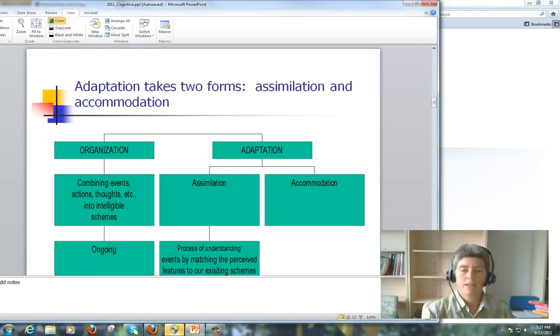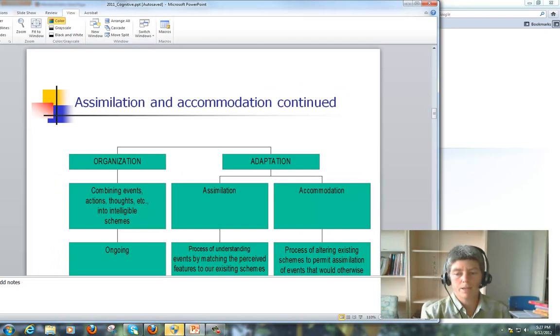Okay, adaptation takes two forms, assimilation and accommodation. And assimilation is the process of understanding events by matching their features with our already existing schemes. Okay, so we make sense by having things fit already. Accommodation is the process of altering those schemes to make assimilation happen. So things that might not otherwise fit into the scheme, we have to alter them. Okay,